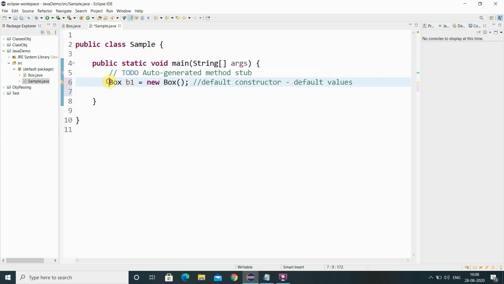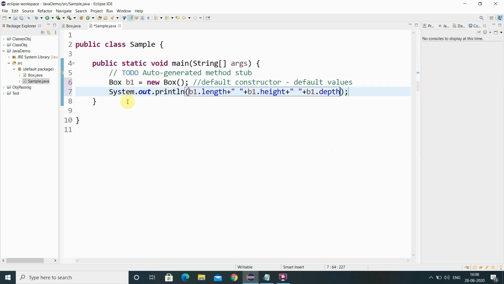So now when you create this object, it is invoking the constructor called the default constructor, and we know that it is initializing with the default values. Now we will check what values this default constructor is initializing. So b1.length, then a concatenation operation, then b1.height, then a concatenation operation, then b1.depth.